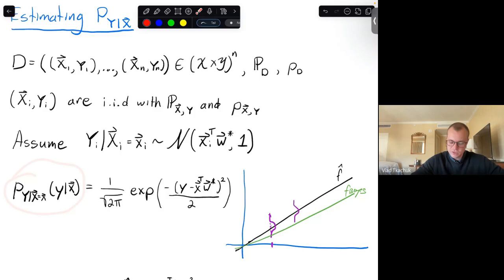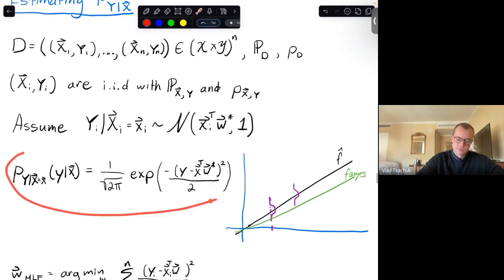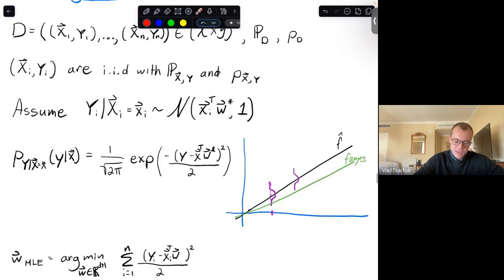So for each x, there is some normal distribution generating the y's. So that should look like this. It has this form. And you assume that the mean has this linear relationship with x. So if you change w, then you get a different relationship of the mean. So that would mean you get a different line